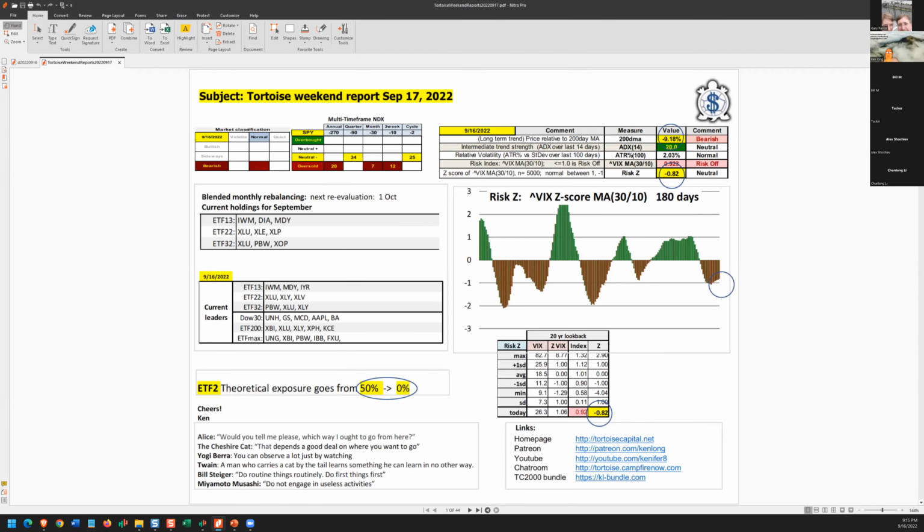Sorry about that. All right, so weekend reports for Saturday. Bearish normal, weakness all the way across the bar. Now everything is below the 50-yard line and really weak on the 10 and the 30 and the 270. So that's not a good sign. ETF2 exposure went from 50% exposed to 0 because now all 10 of the primary indexes are below their 4-month moving average. You can see that the risk Z is still showing clearly risk off, in a critical state, ready to break down or maybe get some traction here.